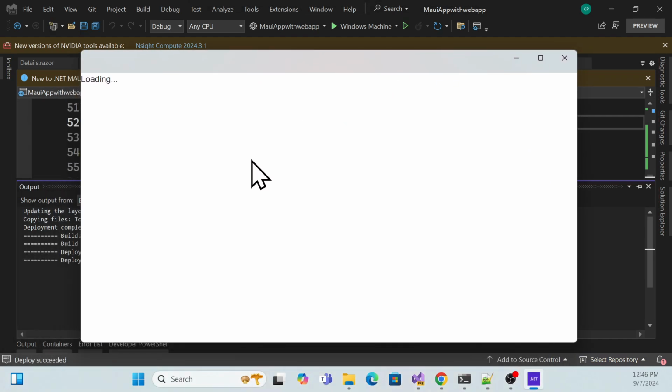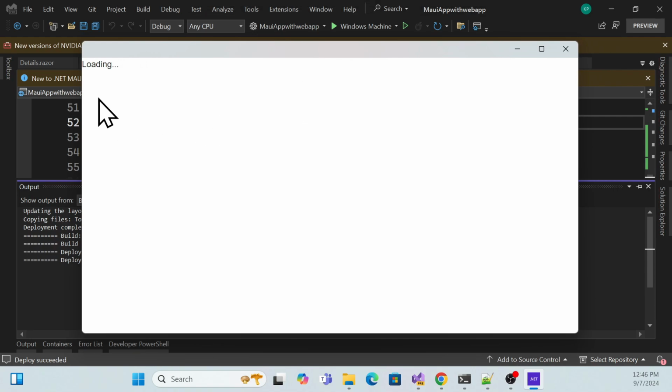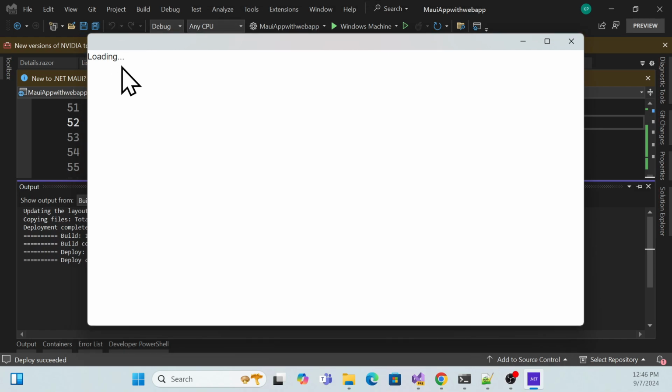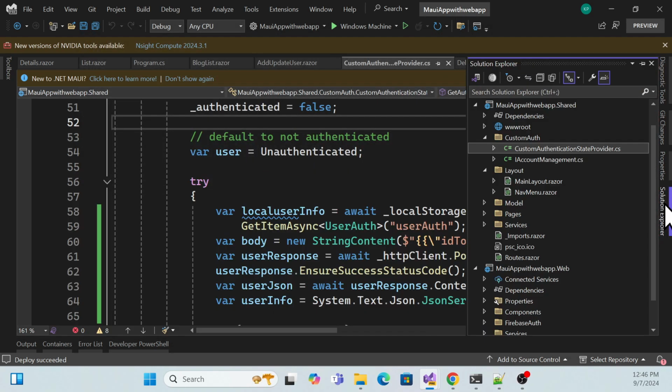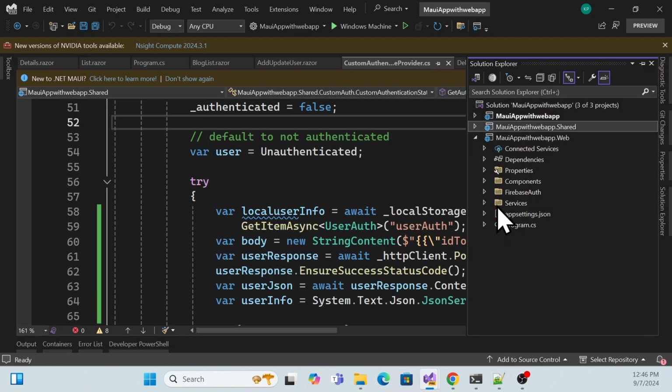So now my application is running. Now see, yes, that is nice. So see, now I'm running, but I am getting an error. Actually it is an error, but it is not showing over here, that's why it is just showing the loading. Why is it an error? Because if you go to our MAUI project,